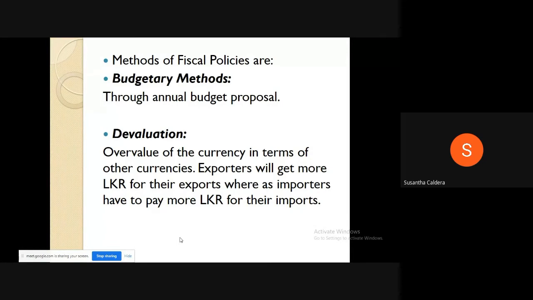So whatever will be done, it will be done through the budget, right? Through annual budget proposals. September, October,